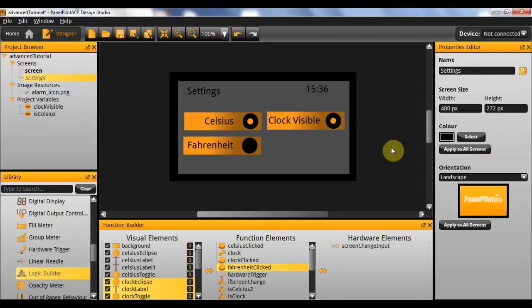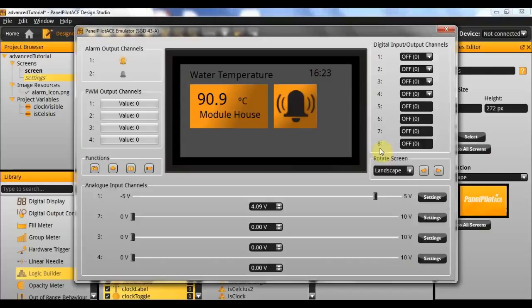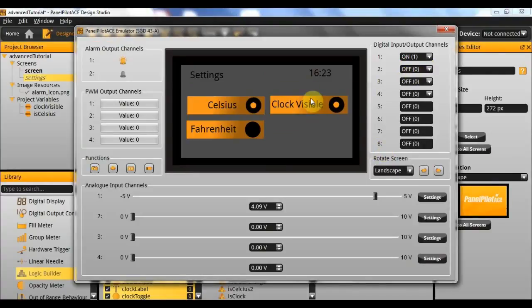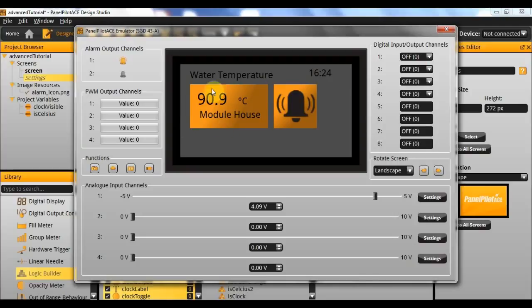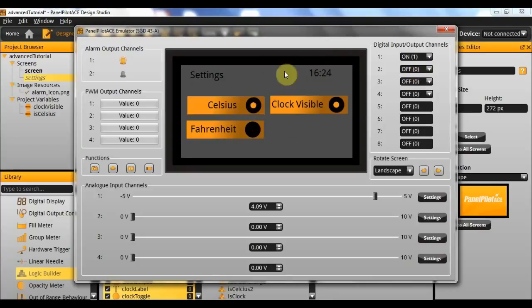So now, if we run the emulator and we toggle to our other screen, we should be able to toggle these two values between each other. So this means that the variables are in fact changing. However, at present, the value for the units isn't changing, and neither is the value on the other screen. Or for that matter, is the default value it loads into. So we'll be covering in the next tutorial how you can implement it so that these variables are set when the screen is loaded